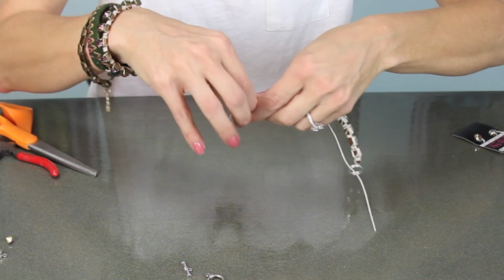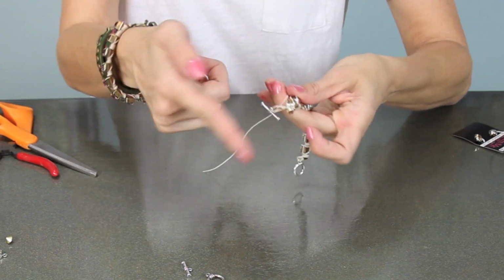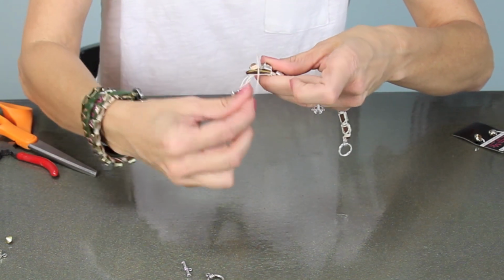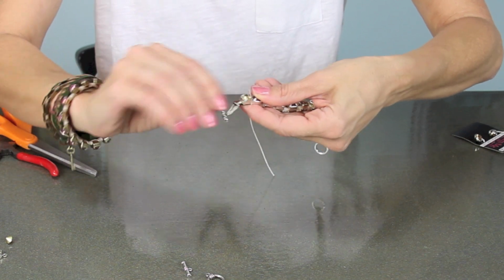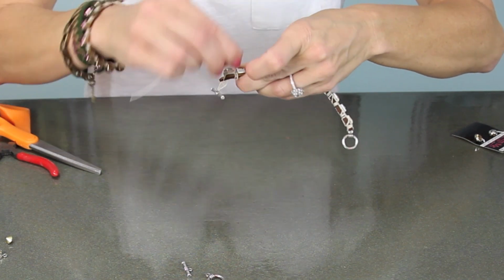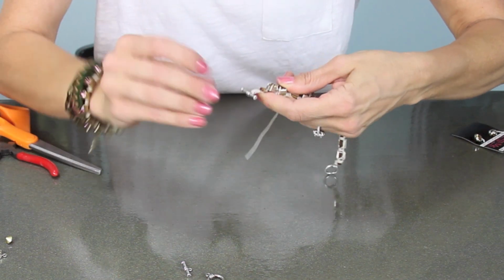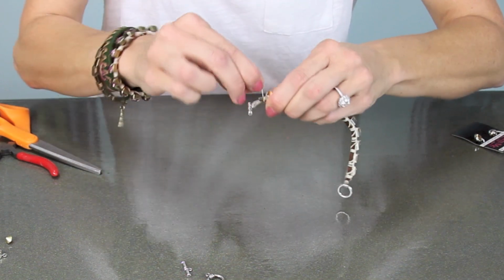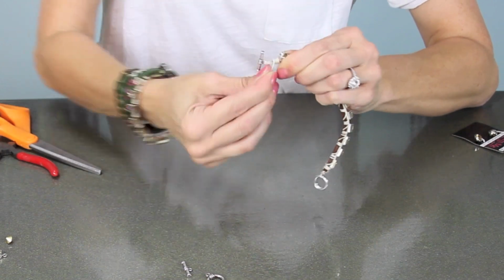I'm going to take this piece of leather that I still have room, and I'm going to come back. So I'm backtracking actually, and I'm going to come and wrap that around that last piece. And I'm also lashing down, if you can see, all that excess strand that was there as well. And then I can get that under. I'm still trying to keep it nice and clean here. Then I'm going to come up and go around here and come all the way down to the end,